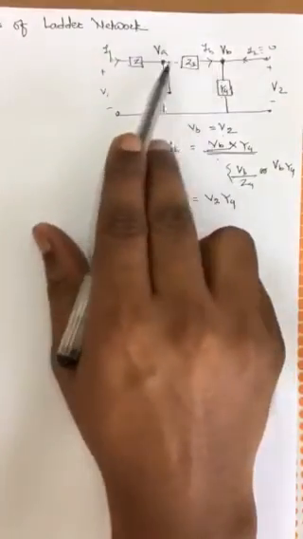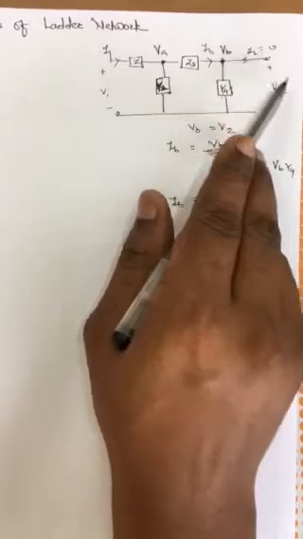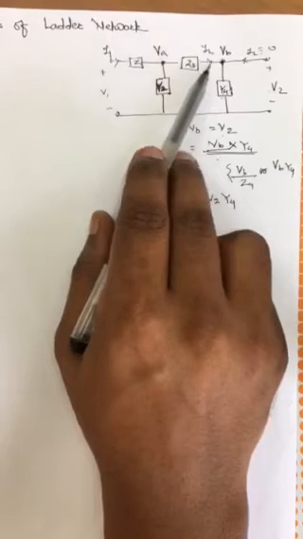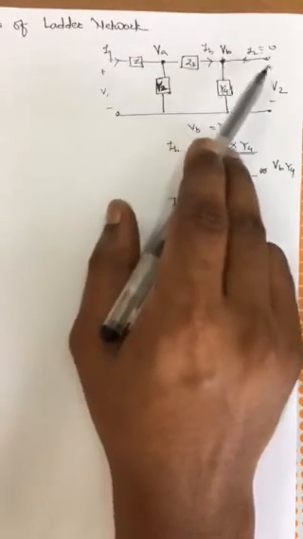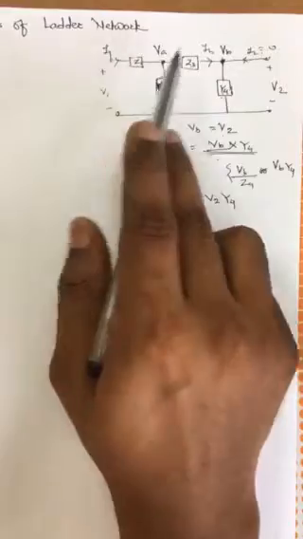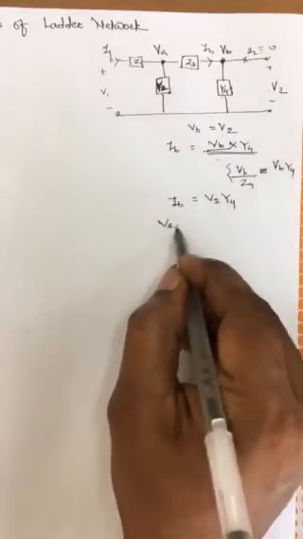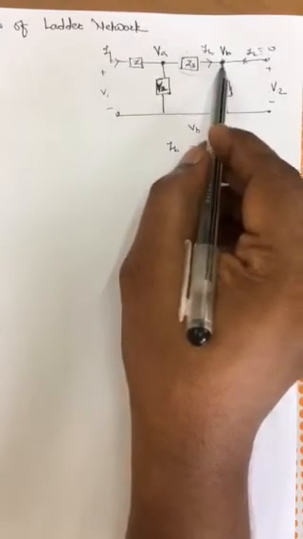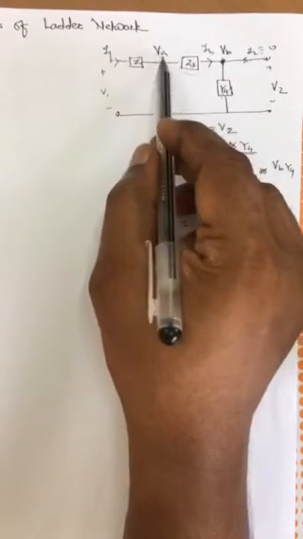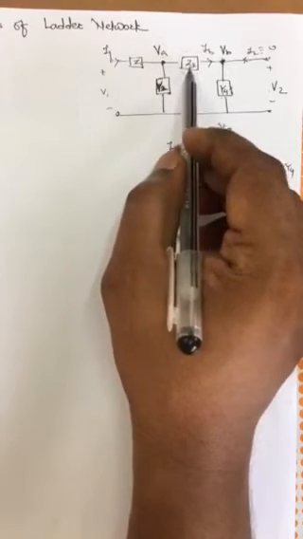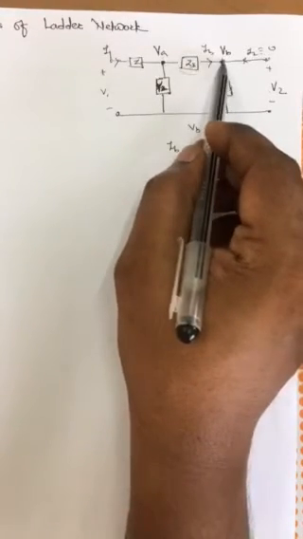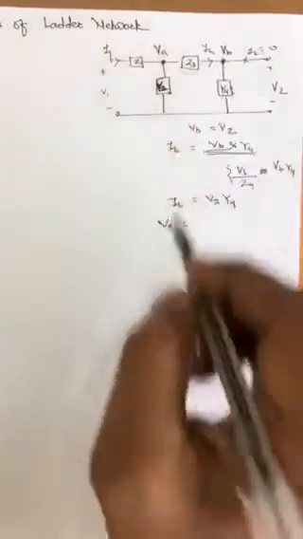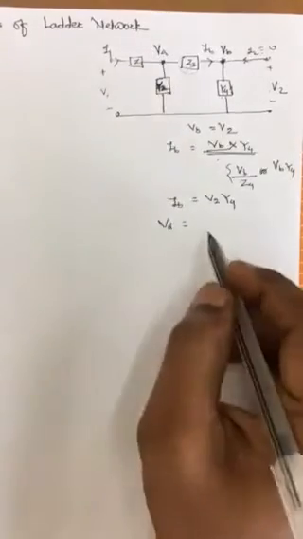Now the next point: here I2 is given, V2 is obviously unknown, Y4 is given, VB we have calculated, IB we have calculated, Z3 is given. So we will move from right to left. Now we come to this point, VA. What is VA? Can I write VA as the drop across this impedance plus this voltage? If this is 10 volt, and there is a 2 volt drop at this particular impedance and 8 volt reaches over here, then 10 equals 2 plus 8. Likewise VA equals this drop plus VB. The drop here is IB into Z3.